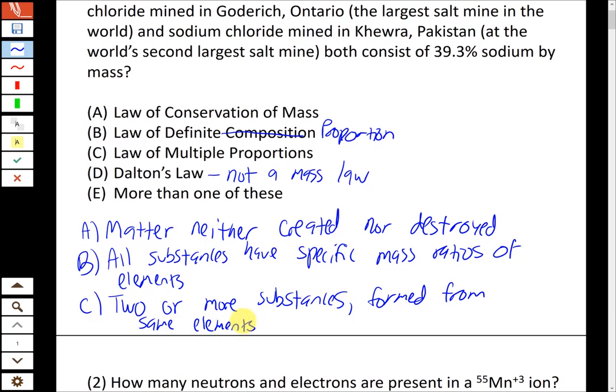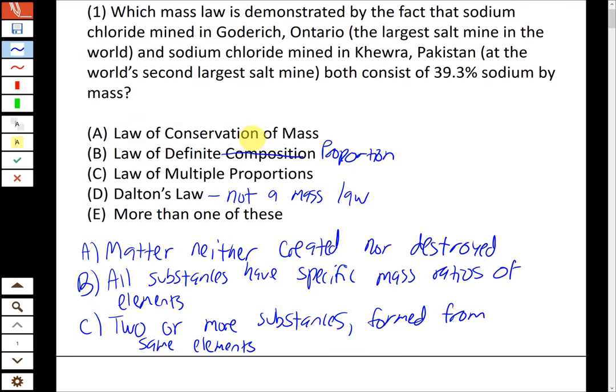All right, so again, in this problem, we're not talking about a chemical reaction, so conservation of mass is not relevant. We're only talking about a single compound, sodium chloride in both cases, and we're stating that the composition in terms of its mass percent is the same for both. So all of those should match up pretty well with choice B, which is law of definite proportion, which also is called law of definite composition. All right, so we're talking about a single compound, and we're talking about the composition of that compound. Those situations are covered by that mass law. Okay, any questions on that